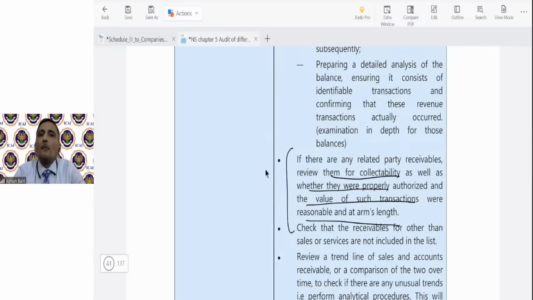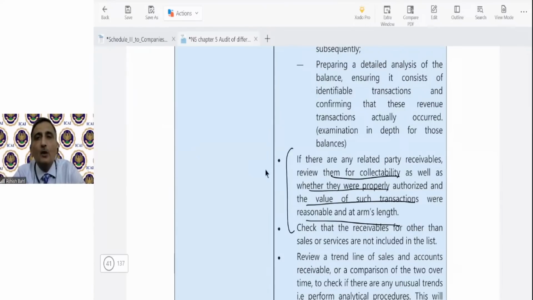Like आप इसकी ट्रेड रिसीवेबल्स की स्टूडेंट्स आपकी बात हो रही है, तो ट्रेड रिसीवेबल्स में ये भी एक पॉइंट हो सकता है आपके पास चेक करने के लिए कि क्या वो ट्रेड रिसीवेबल्स रिलेटेड पार्टी ट्रांजैक्शंस से रिलेट करते हैं, क्या वेदर दीज हैव बीन क्रिएटेड ऑन अकाउंट ऑफ सेल्स मेड टू रिलेटेड पार्टीज। सो अगर वो रिलेटेड पार्टी ट्रांजैक्शंस हैं, वो अकाउंट बैलेंस उससे बना है, देन ऑब्वियसली you would see whether the transaction has been carried out